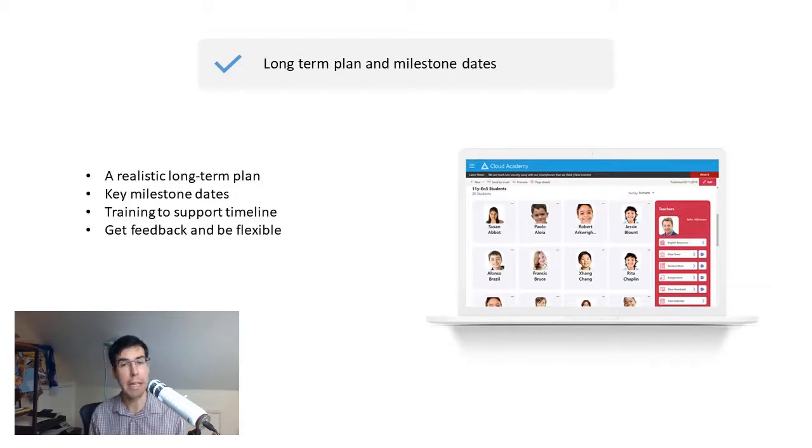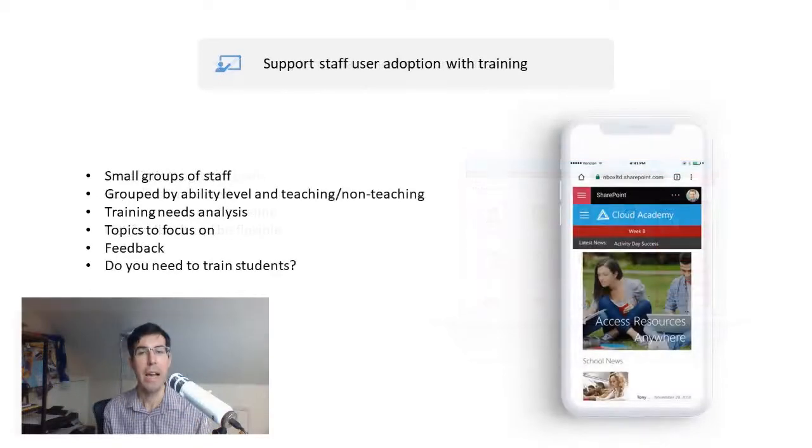Make sure you get that feedback. So if there are problems, if people aren't quite ready for it yet, adjust those dates. Be flexible with it. You don't have to have these set in stone. It's about having that constant feedback. This is a journey that you're going on. If it takes longer, it takes longer. If it goes quicker, then great. But it's just making sure that everybody is confident with it in the long run. And just looking at the training again in a bit more detail.